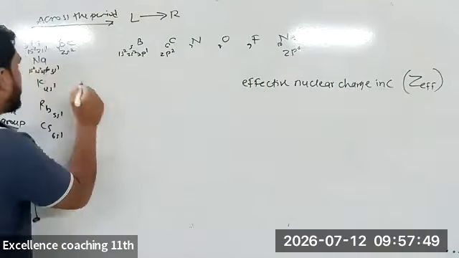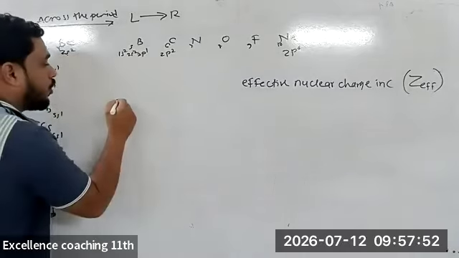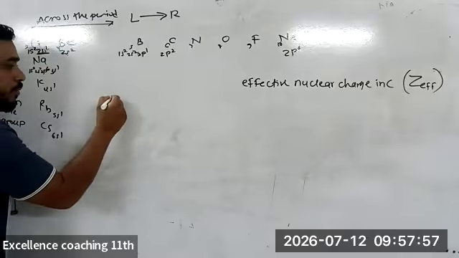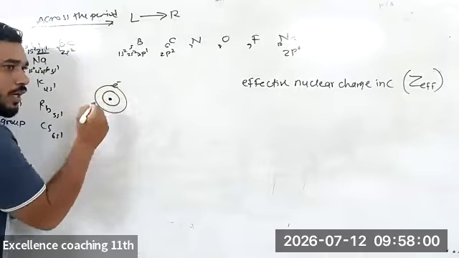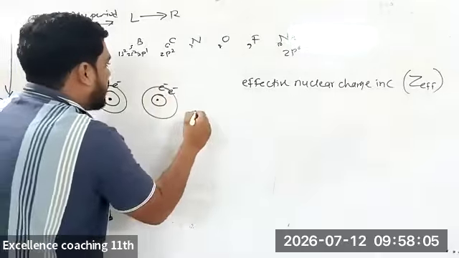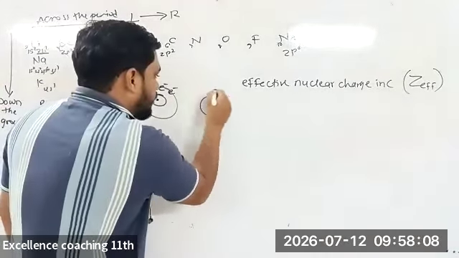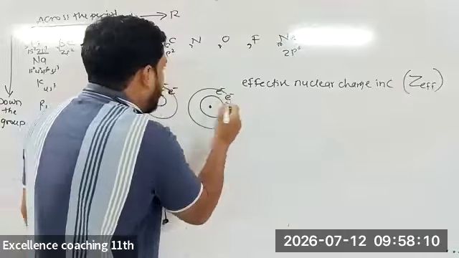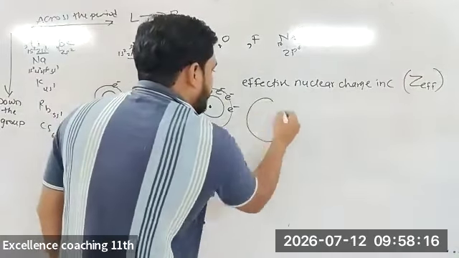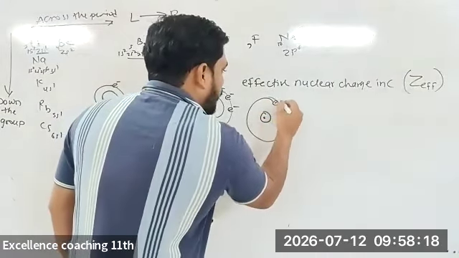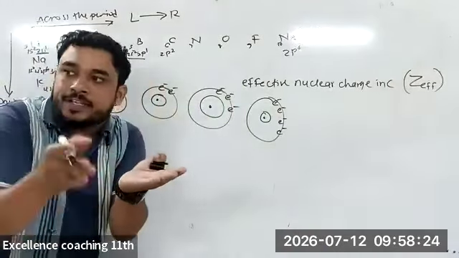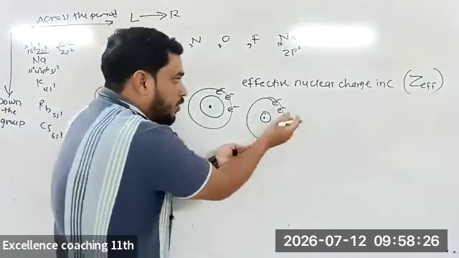See, in lithium, beryllium, boron, how many electrons are there in the second shell? Lithium, second shell, 1 electron. Then in beryllium, second shell, 2 electrons. In boron, how many? 1, 2, and 3 electrons. Correct, no? I'm talking about the second shell. Here it will be how many? Here it will be how many? 1, 2, 3, 4. Since the electrons are adding in the same shell,